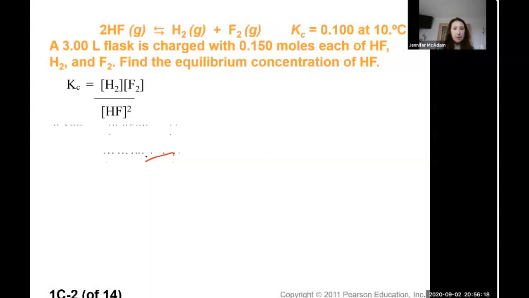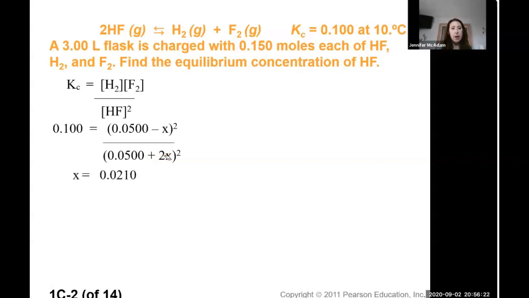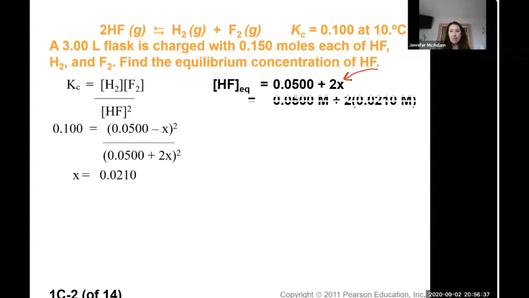You're assuming there's no change in the reactant. So when you do that, and again, the math, if you have questions on the math, we can go through that another time. You get 0.02 after you solve it. So when you get 0.02, that's not your answer. That's the change, right? So that is the x. So we need to plug it in. So when we do that, we get 0.0920,